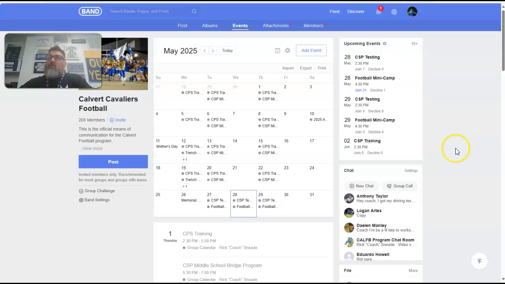Let me know if you have any questions, but I think this would be the best way for us to communicate what our availability is through the summer training program. You also see updates to the calendar if we add something or take something away by looking at that, and we don't have to go back to the Google document.